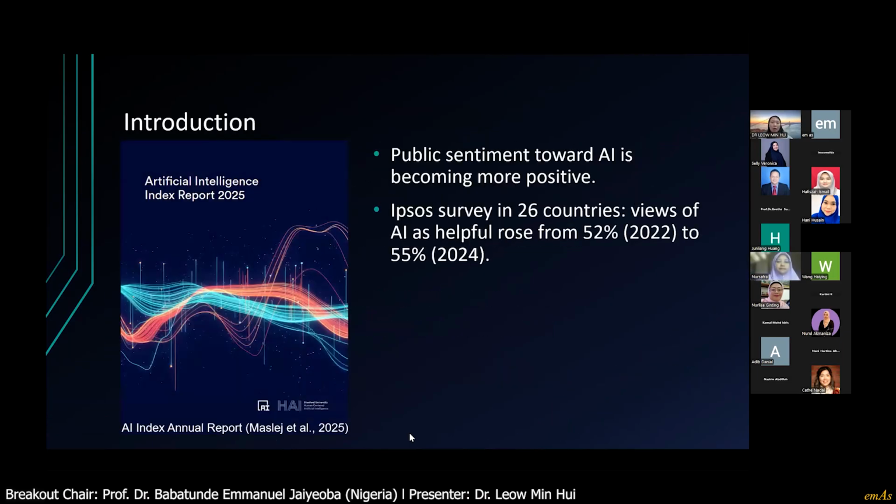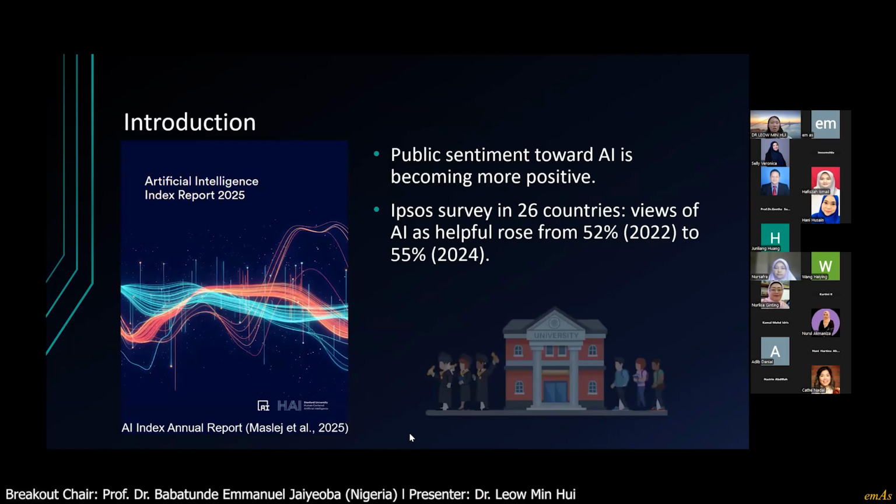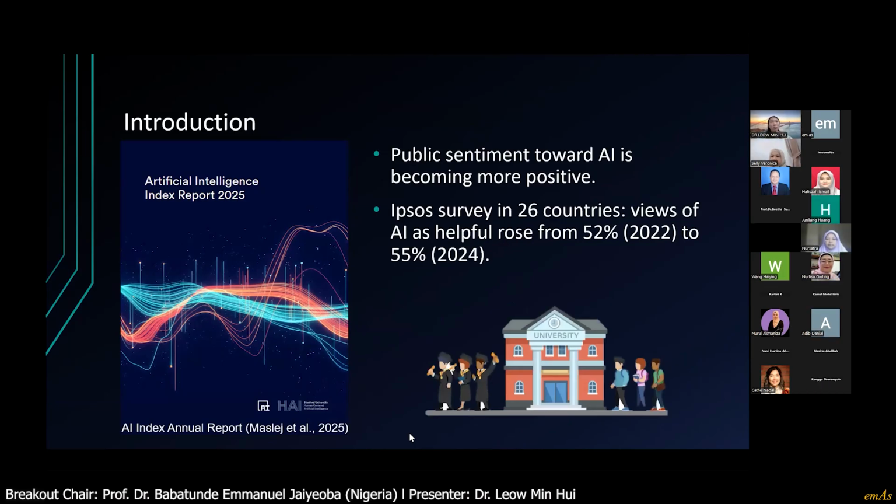AI has become the fastest growing force in education. It reshapes how universities teach, learn, and operate. Around the world, according to the AI Index annual report, trust in AI is rising, with more people seeing it as a helpful tool rather than harmful. In higher education, AI is taking over routine tasks like offering real-time feedback, and it also helps instructors personalize teaching and learning procedures. So it makes higher education more open and flexible.